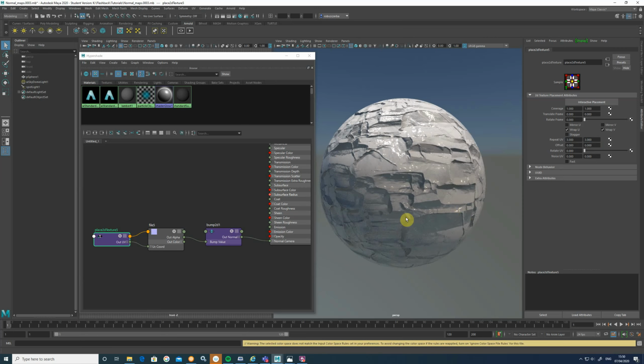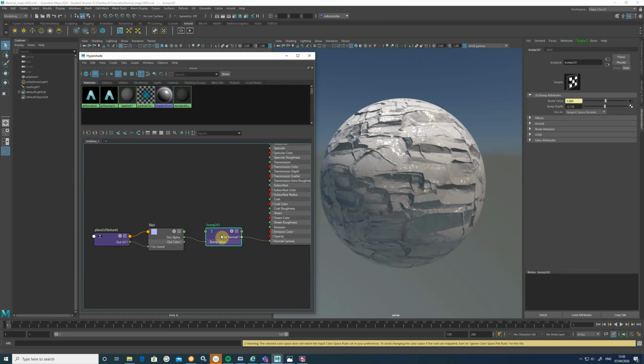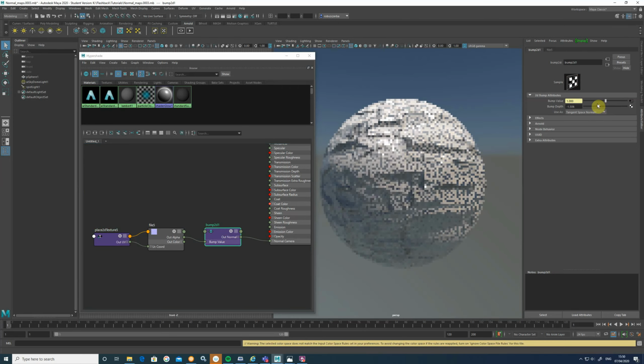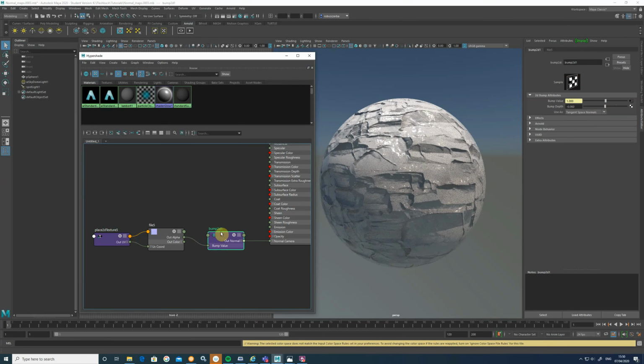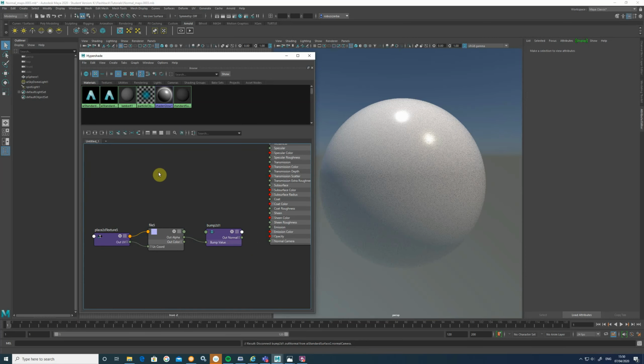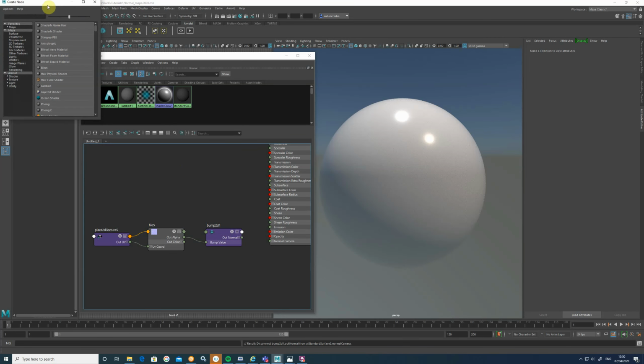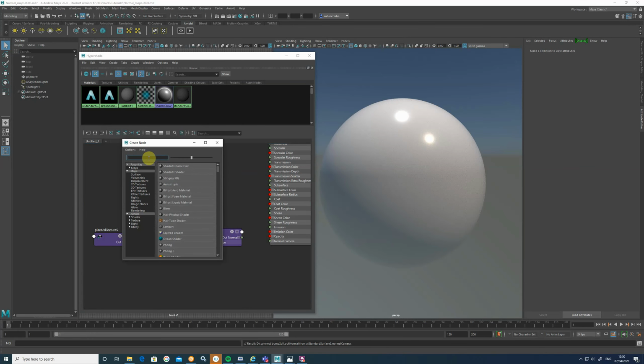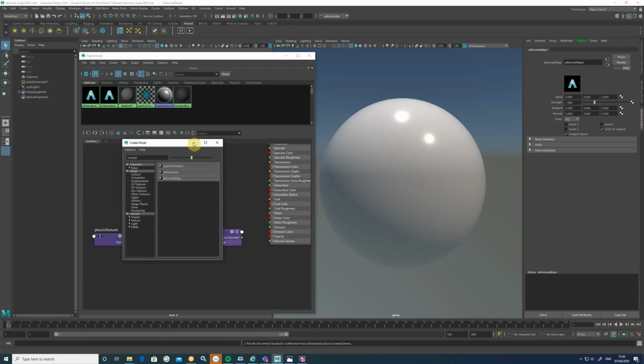Okay, right. Now, I'm not happy about the lack of control here, because if I go to bump depth, I'm in Maya 2020, nothing much is happening. So let's swap this out for the new Maya node, shall we? So I'll just sever that connection and right click in the hypershade, create node, and what we want is normal, so I'll type in normal, AI normal map, here we go,